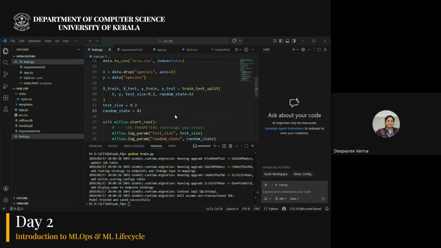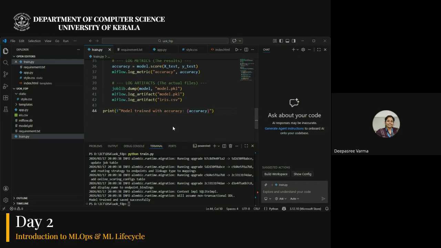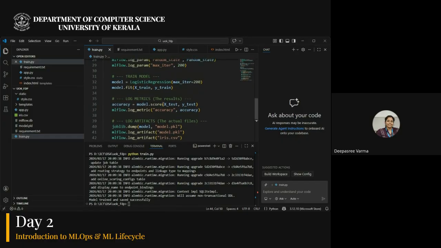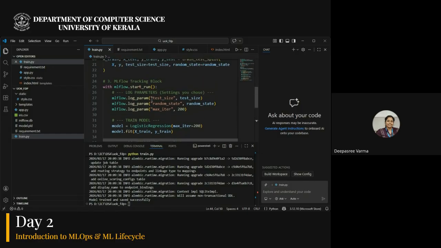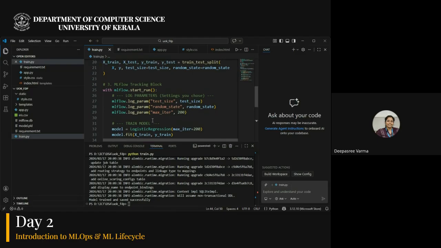I'll give you the complete code. Okay, just give me a second. I'll just paste the complete code there. Then you can take that. Okay, just take the complete code from there. It's the same. The only difference is I am just logging everything, each and every thing. So rather than earlier, when we just trained using that, right? Now I'm logging everything.